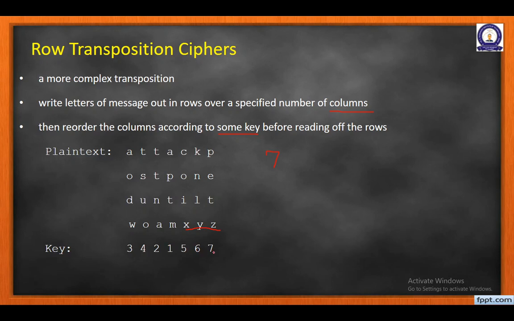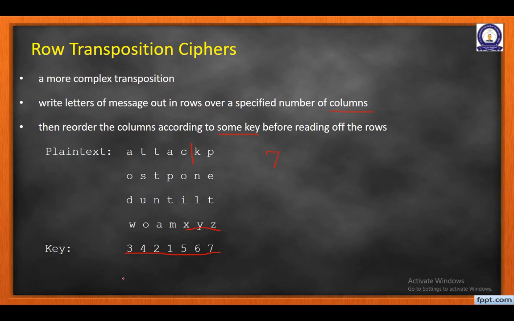Sometimes the plain text will be given to you and only the key will be given to you. So here you have to read which is the largest number, what is the maximum number. The maximum number indicates the number of columns. When I read this key it says 7, so I know the plain text has to be written in 7 columns. Suppose the maximum number would have been 5, then I would have written only up to this, and these letters would have gone down. So you have to find out the maximum number, that will indicate the number of columns.